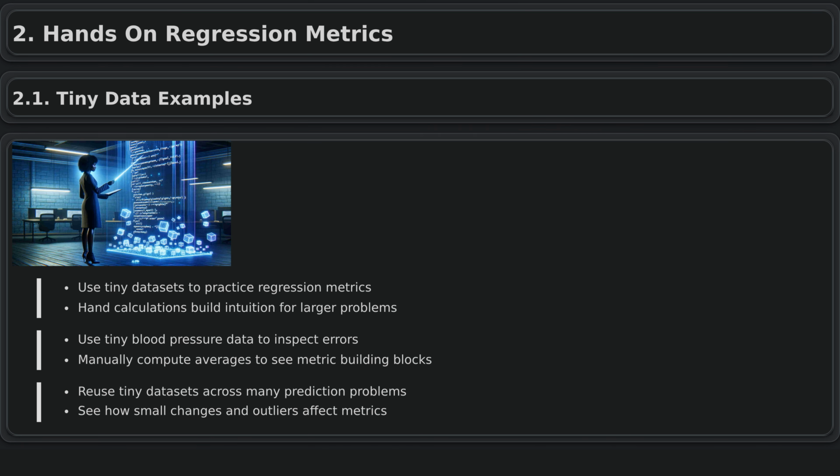Hands-on regression metrics. Tiny data examples. To build a strong understanding of regression metrics, it helps to start with very small datasets that you can easily picture, such as predicting sales for a coffee cart over a few days. With just a few actual and predicted values, you can manually compare each pair and see exactly how the errors